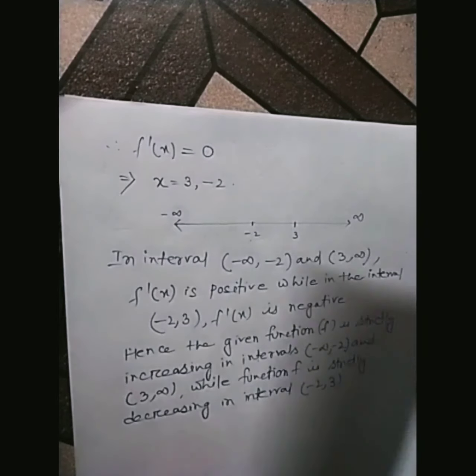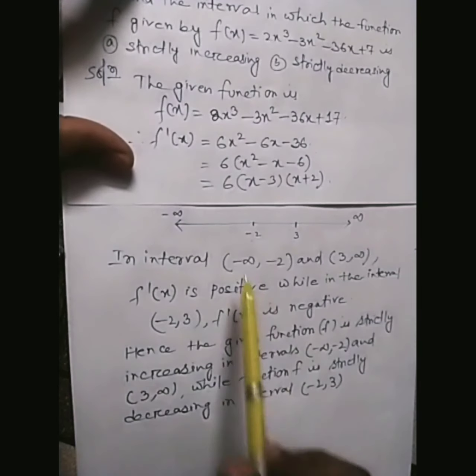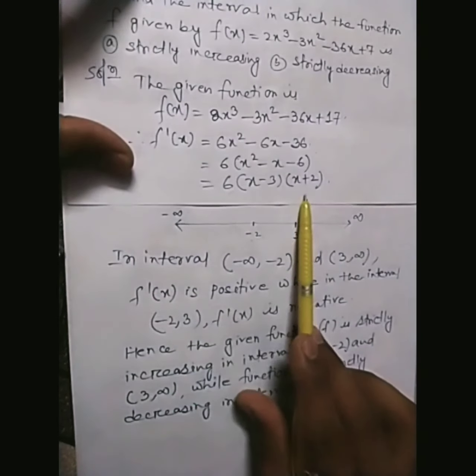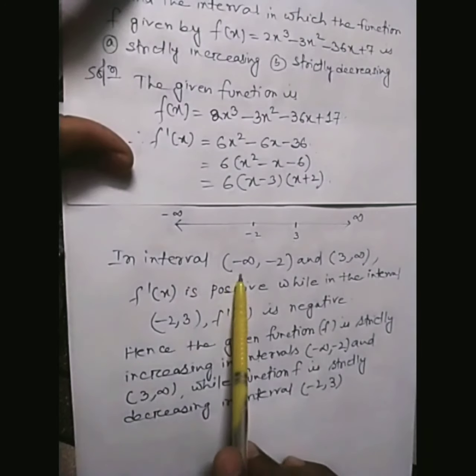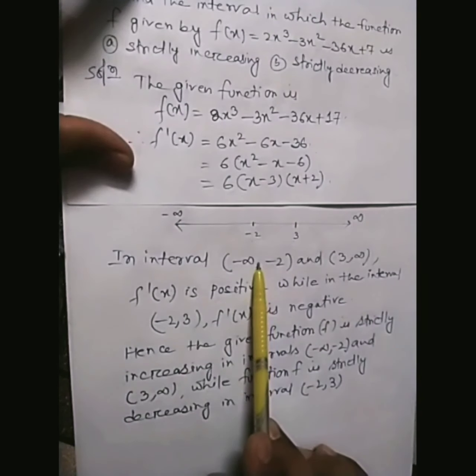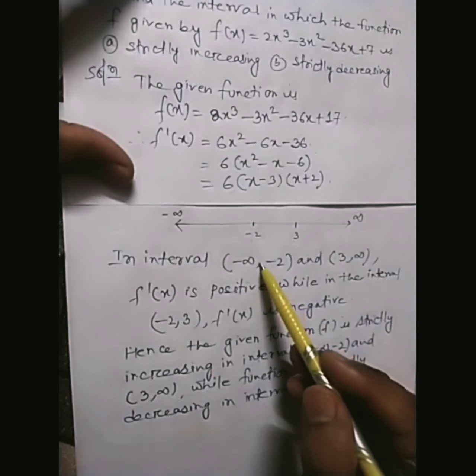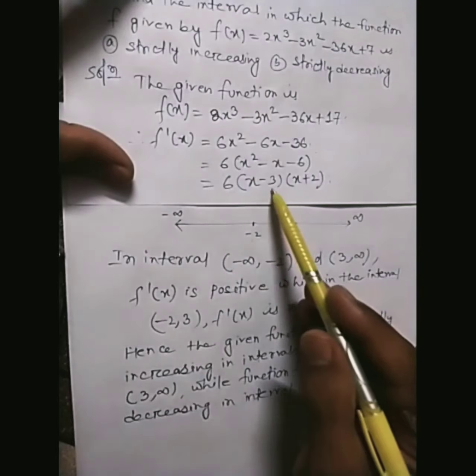You can see here. See, I'm showing you directly. See, what is f'(x)? f'(x) equals this. Okay. See, in interval (-infinity, -2) means the value of x will be greater than minus infinity but less than -2. It will be in between this. Okay. So in between this you can take any numbers. So taking any numbers, you see this will be negative. So what you will get?